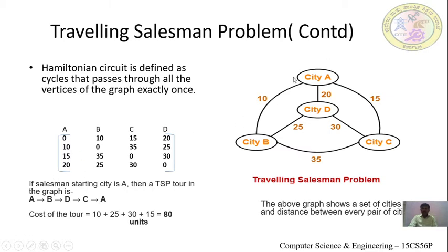This is the given graph, and there are four cities A, B, C, D, and we can see the distance between A to B and B to C, similarly C to D and D to B and C. This is the respective adjacency matrix for the given graph. Our goal is to find the shortest path from a source city to all other cities.